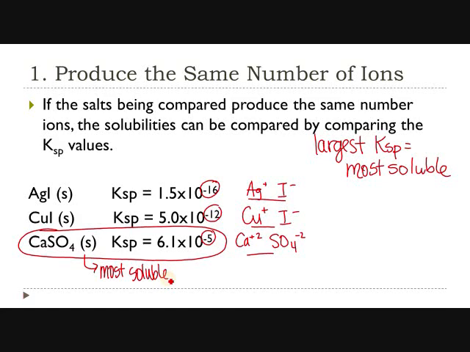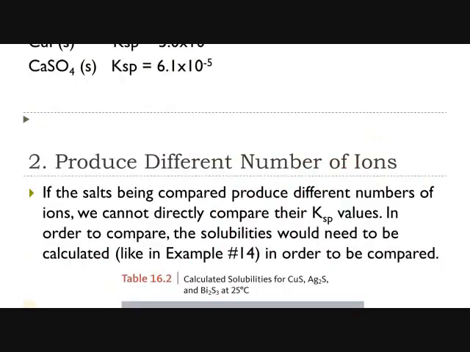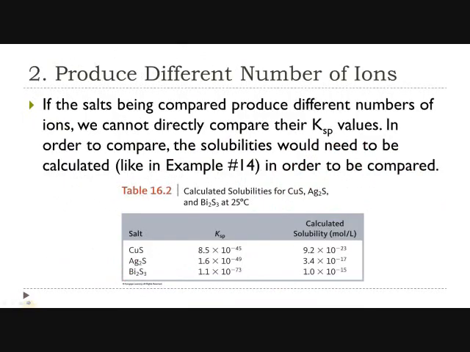So that's one case. Another case is if you have different numbers of ions produced, then you will actually have to solve for the solubility. So just like we did in example 14, you will have to solve for the solubility first before you can compare. So in this table, 16.2,